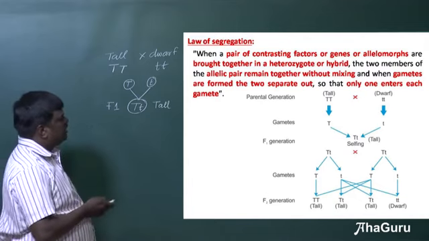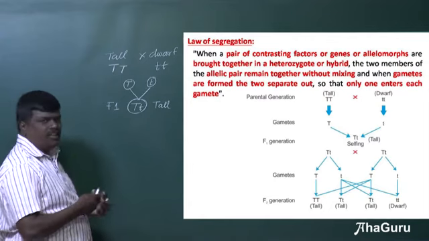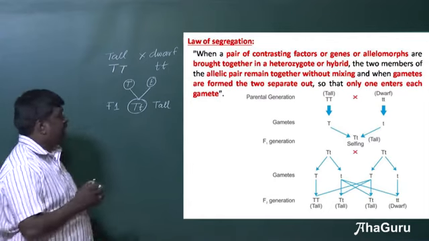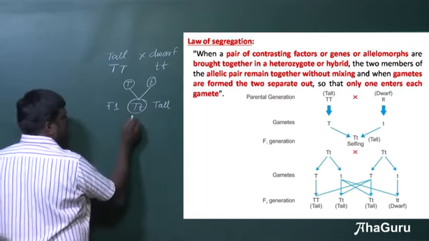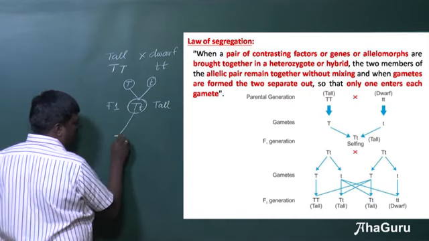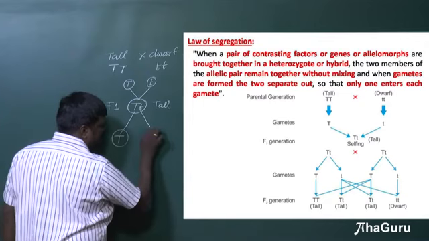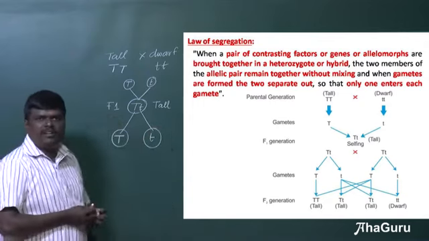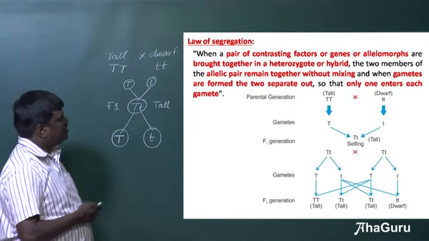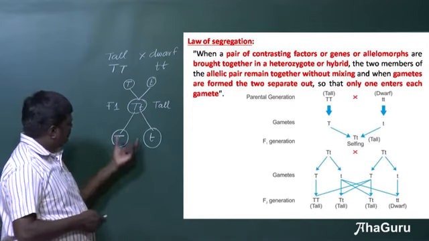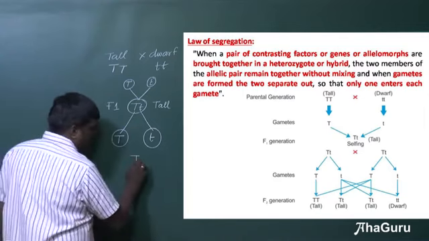When they produce the gametes, they separate it out. So for example, if you cross this, this gamete has to be capital T, and this gamete has to be small t. So when they are separating, they separate in such a way that they are not at all mixed, and one enters each gamete. So here, the ratio obtained in F2, capital T, small t,